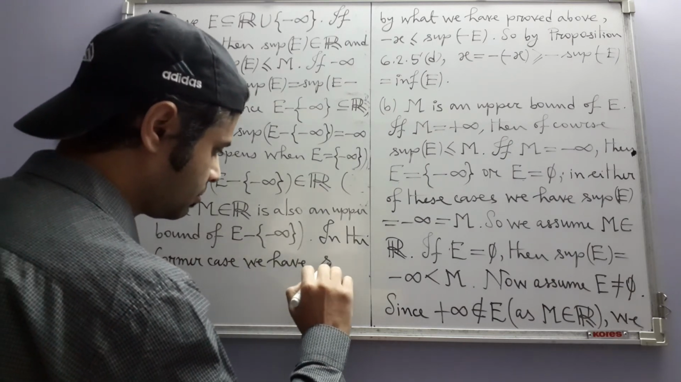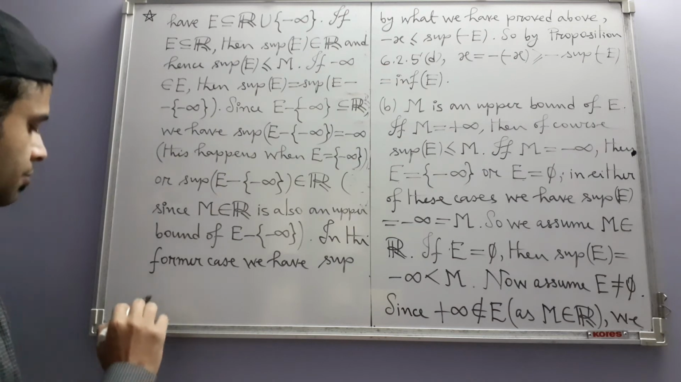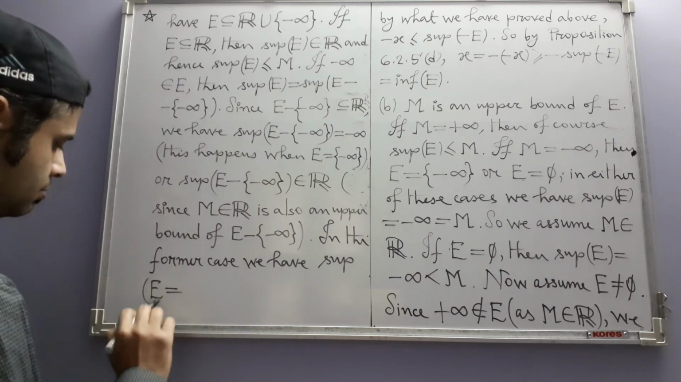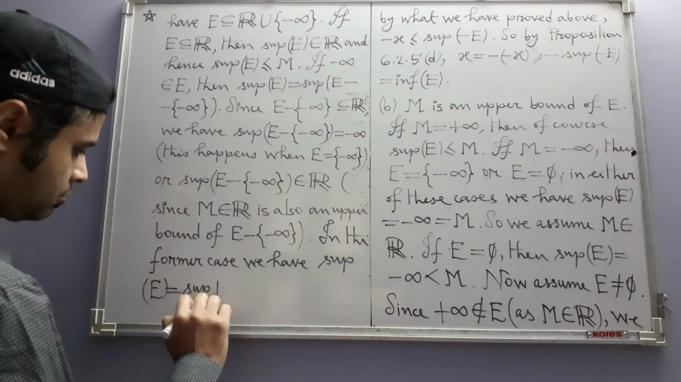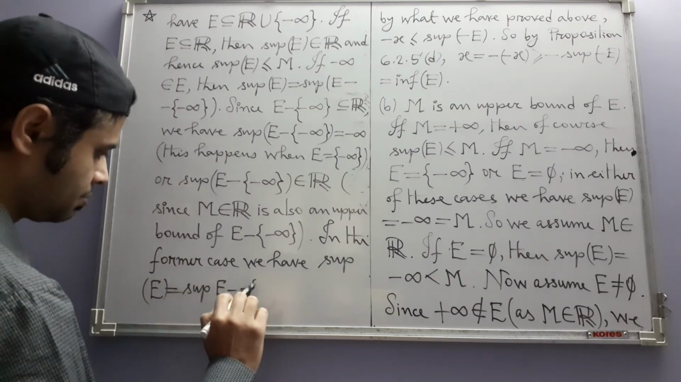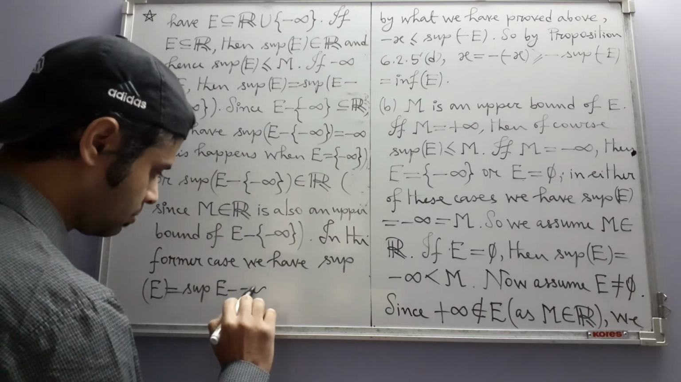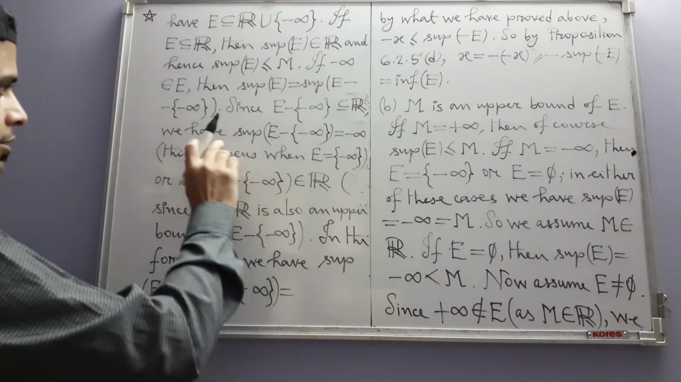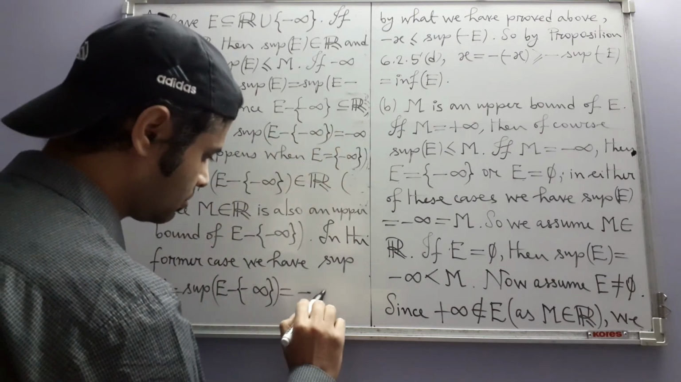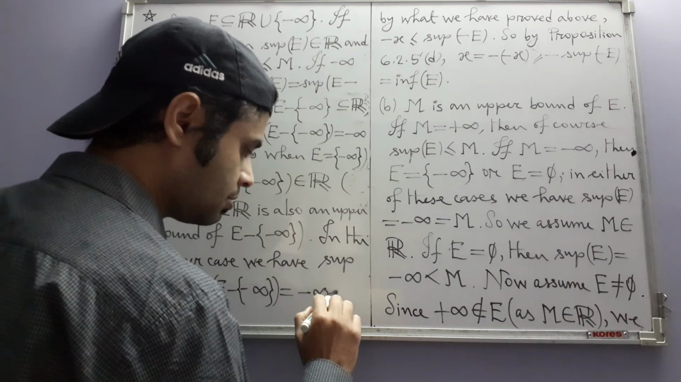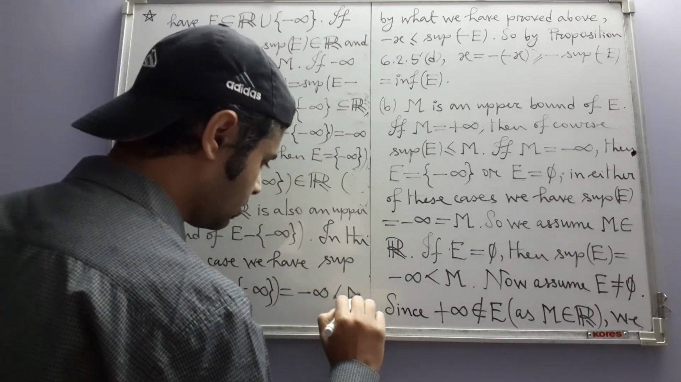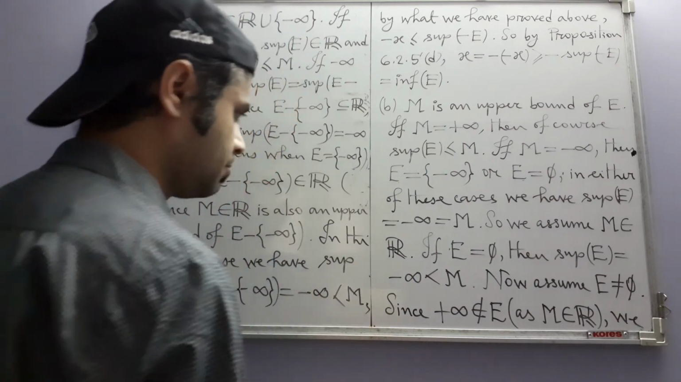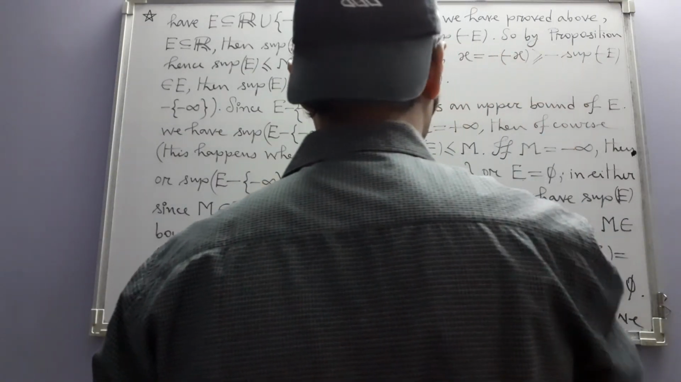we have supremum of E equal to supremum of E minus infinity equal to minus infinity. That is this case. This is less than M because M is a real number. And in the latter case,